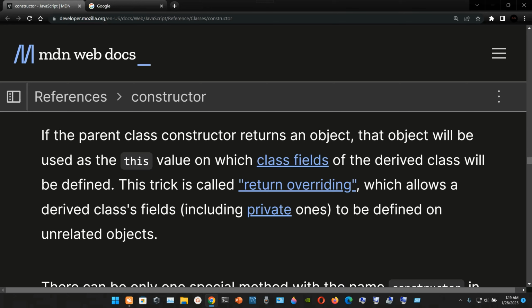If the parent class constructor returns an object, that object will be used as the `this` value on which class fields of the derived class will be defined. This trick is called return overriding, which allows a derived class's fields, including private ones, to be defined on unrelated